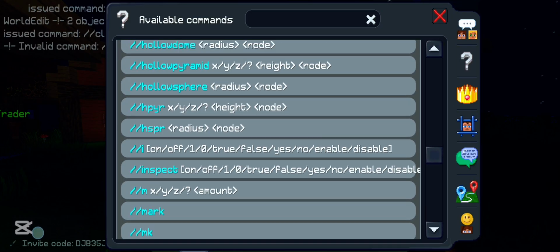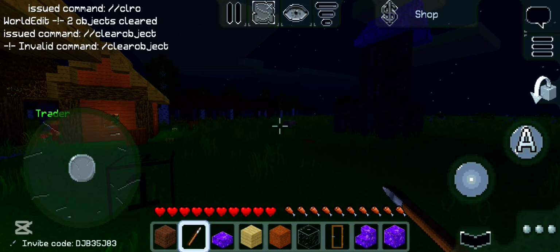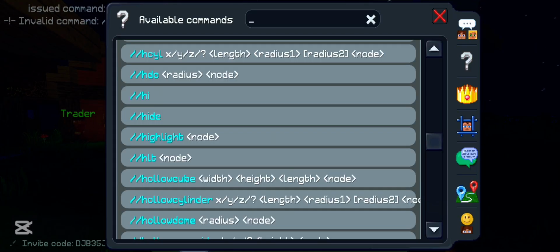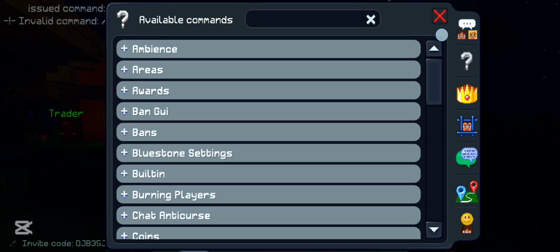And for all the commands you need, you're going to go to the 3 lines below the chat box, go to the question mark, the white question mark, and it's going to spawn like this. Then you're going to need,